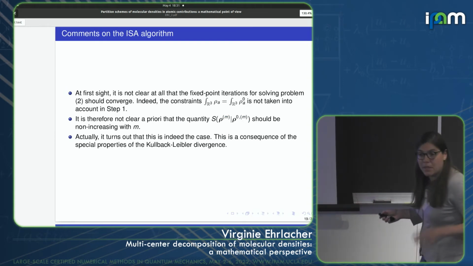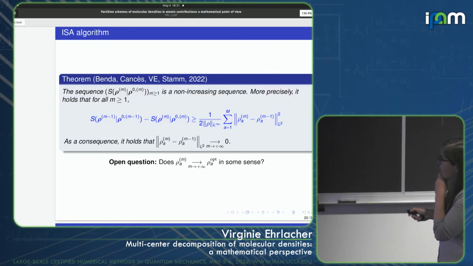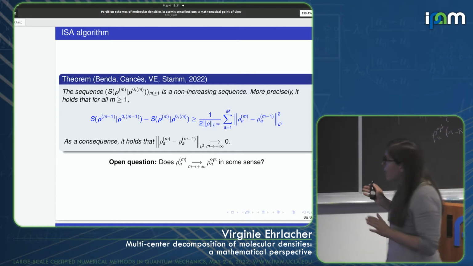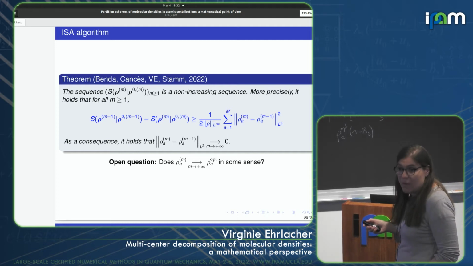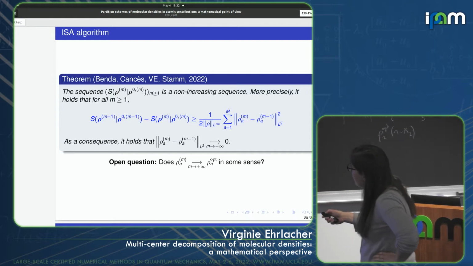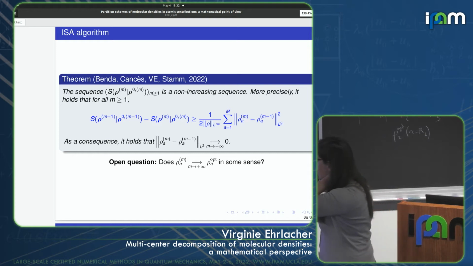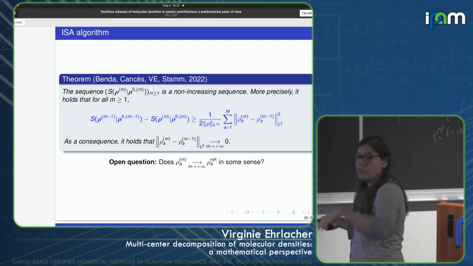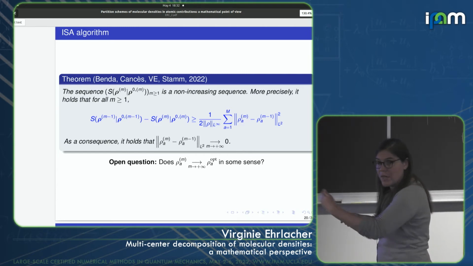because of specific properties of this Kullback-Leibler entropy functional. And so this is a nice feature of this algorithm, which, at least to our knowledge, had not been theoretically remarked before. Of course, it had been seen in numerical observations. And these algorithms provide a set of local atomic densities and their radially symmetric counterparts, such that this entropy functional is non-increasing as the iteration of the fixed point loop